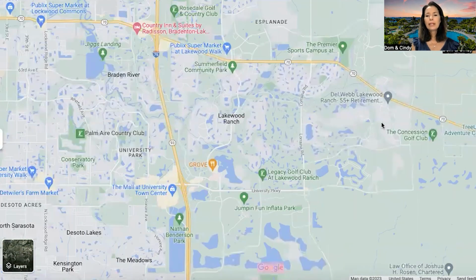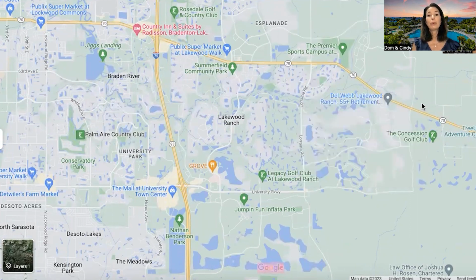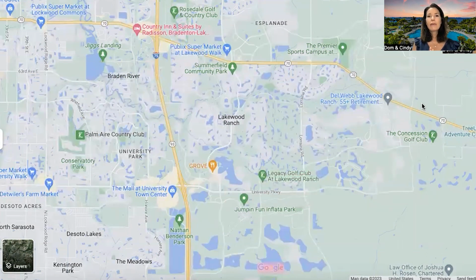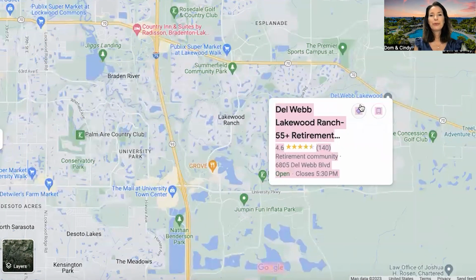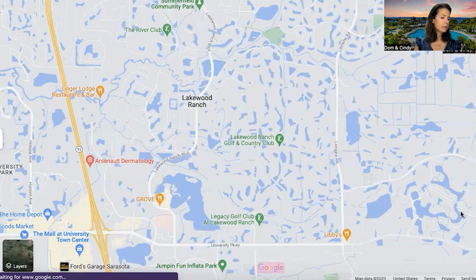And like here we have Del Webb. It's a 55 and older community. And if you've ever been to any of the Pulte neighborhoods, that's Pulte. If you've ever been to those, they have amenities galore. They have everything, restaurants. Well, this particular one has restaurants and activities, and there's so much to do. It's just a beautiful neighborhood. It's a massive neighborhood, but I've had quite a few people move into that neighborhood. Let's see here. Let's zoom in. Again, talking about golf,